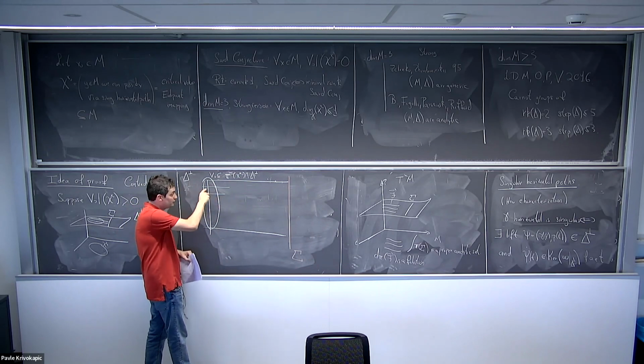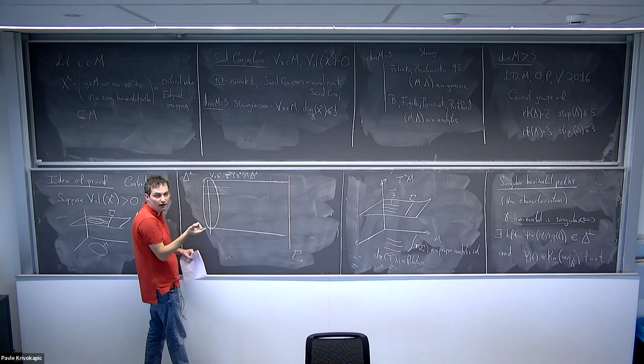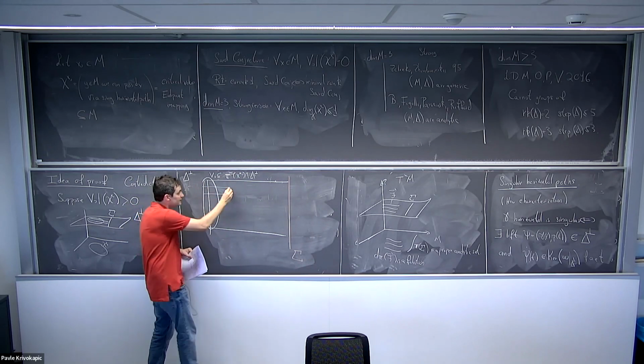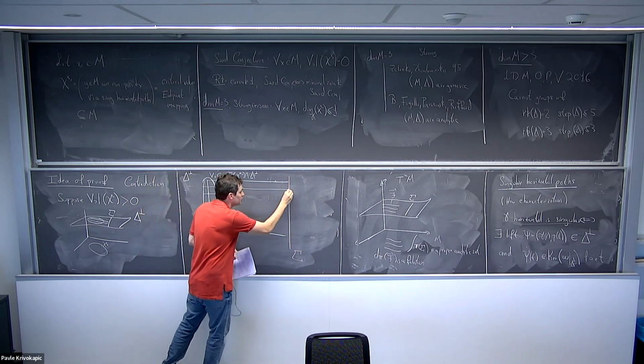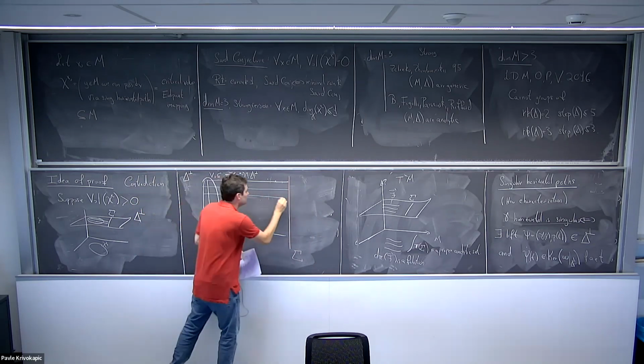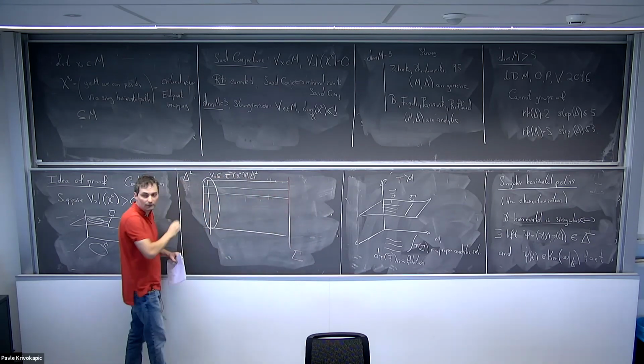So if I just stay in a leaf, I'm going to have Hausdorff dimension equal to the dimension of the leaf. So I cannot do everything. So the only way for this to happen is that I will have to approach the singular locus, move along, and then come back. All of this with finite length.